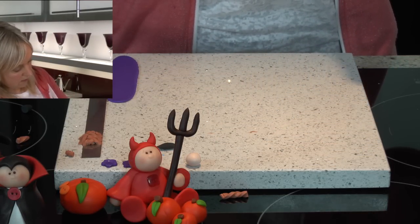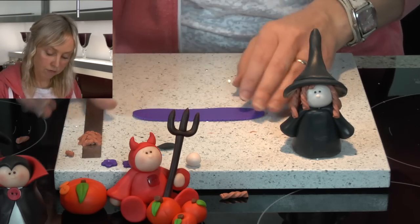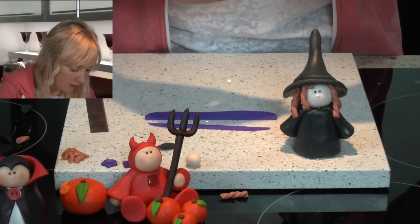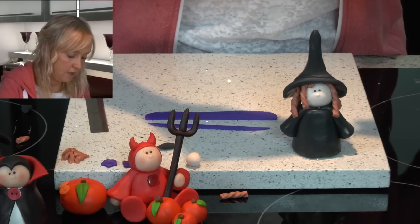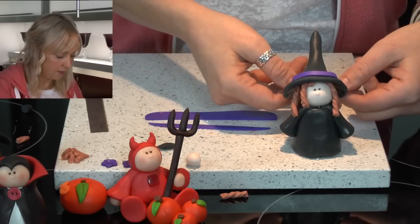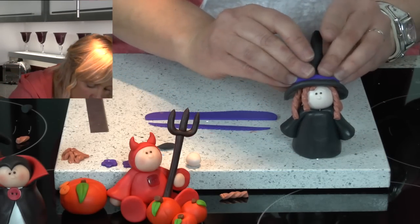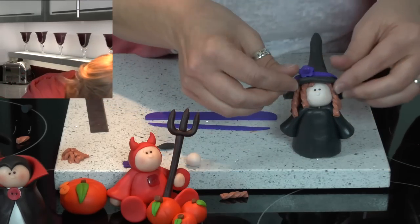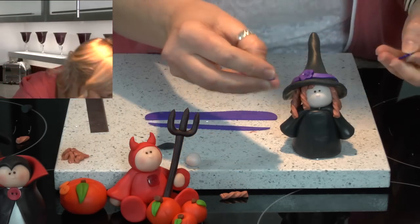Now I've taken some purple clay and I've rolled the purple clay out quite thin, and I'm just going to make a band around the witch's hat, and that will just hide that line, that join. If it's not quite long enough, you can just stretch it just a little bit. So just covering that join, just take the strip of clay all the way around the hat. And we're just going to finish the hat off with a button. So we'll just place the button anywhere on the hat. We can also take some more buttons and put those onto the dress,